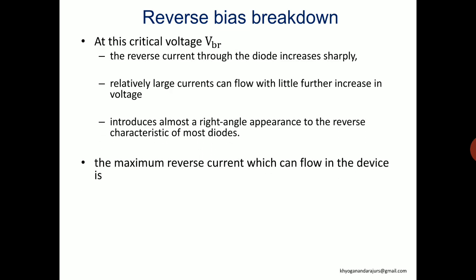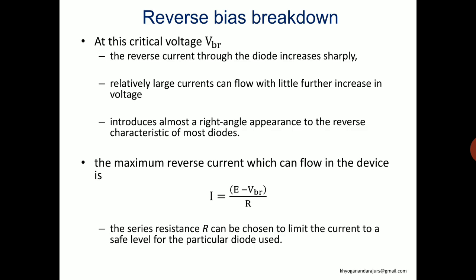The maximum current which flows in the device is given by I equals V by R, but here we know that in the transition region there is a presence of electric field. Now we know that the current is increasing with respect to the breakdown voltage also. So the voltage V in the numerator becomes E minus the breakdown voltage. Now the new value of the current is I equals E minus VBR in the numerator, divided by the resistance. This is the maximum current which flows in this reverse bias PN junction.